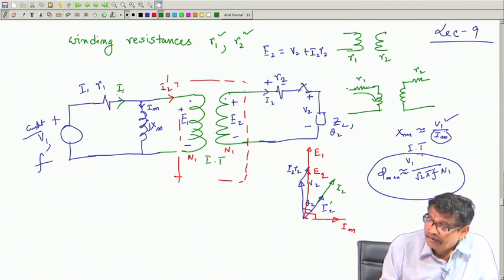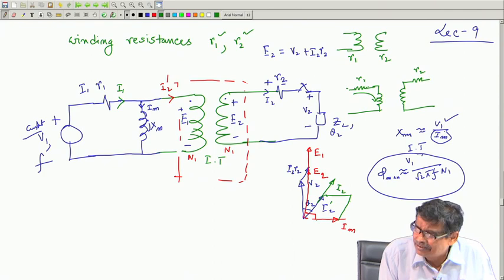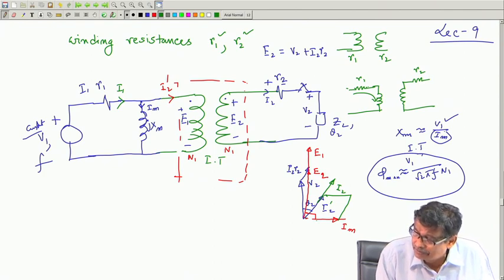will be I 2 dashed plus I m. So, I m is known, I 2 dashed is known. So, I will add these two. Mind you, I have shown I m slightly higher length, it is not so, I m is small, anyway whatever I have drawn. So, this will be your I 1,